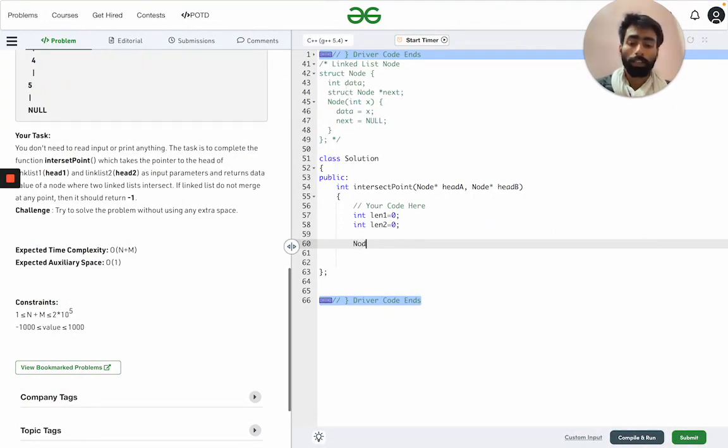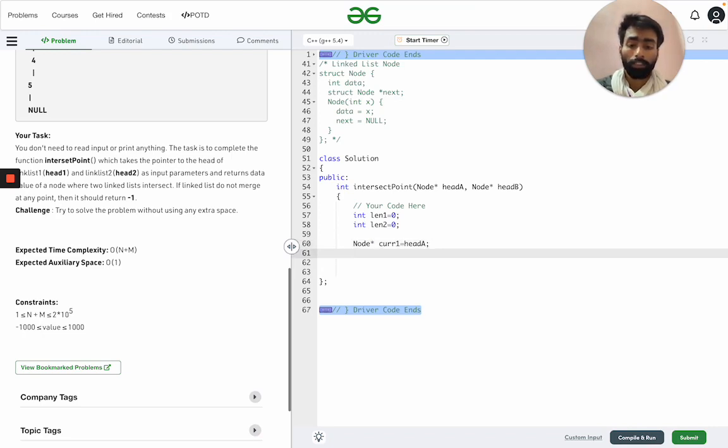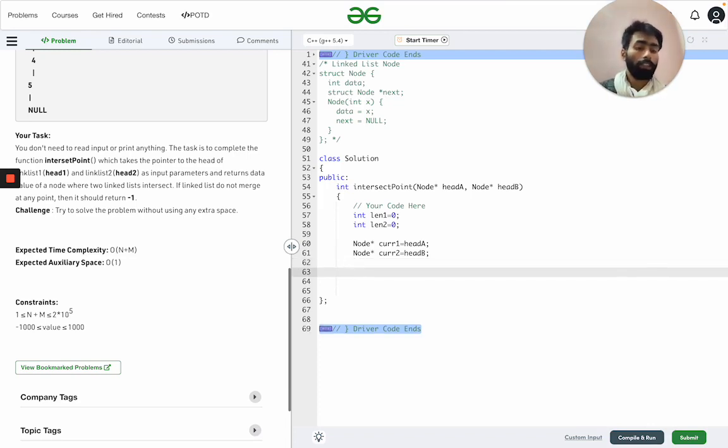So these variables will be of type node. Let's say current 1, which we will initialize with head A, and another will be current 2, initialized with head B. We need to find the length of each list, so we will traverse while current 1 is not equal to null.